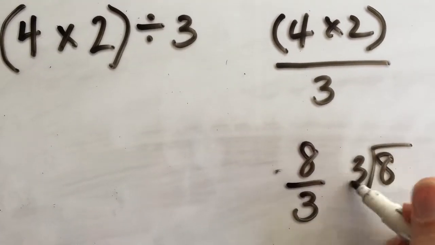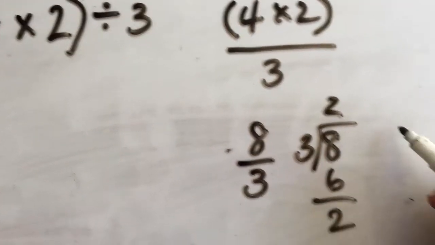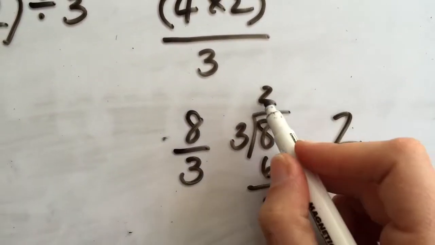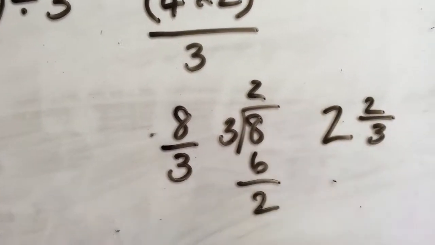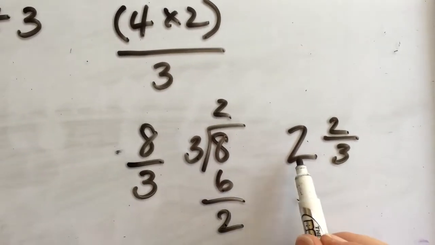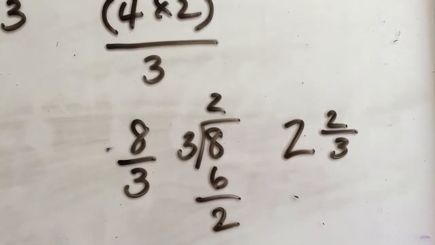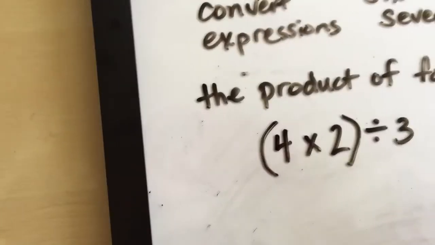I can actually go ahead and do that division, so I get a mixed number. And I end up with 2, and 2 divided by 3. We call that 2/3. So the product of 4 and 2 divided by 3 is 2 and 2/3. Let's see if we can change this up a little bit and tackle